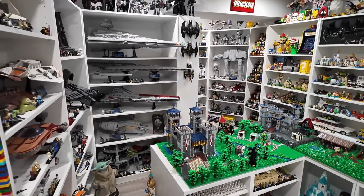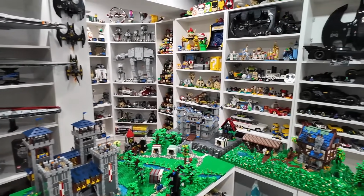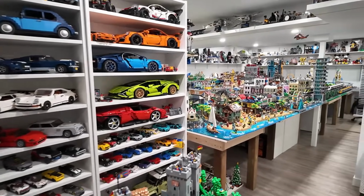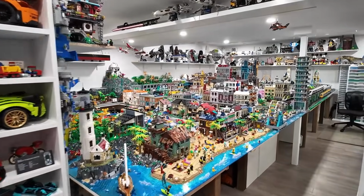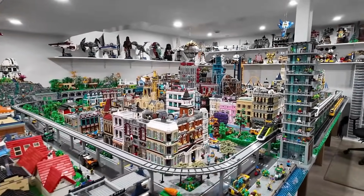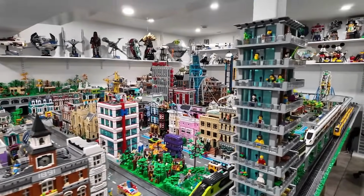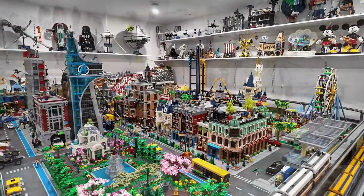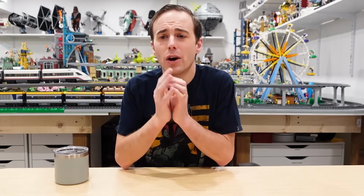there's no question that the majority of my collection, whether it's on the shelves or in the city, is for the most part sets. But with that said, there is a lot of custom stuff that's in the city, such as some custom modular buildings, a ton of custom landscaping, the custom train station, the custom train track, the skyscraper that goes around the pillar, the mountains, all the medieval stuff, the wizarding tower that I built the other day. I definitely want to do more custom, but I have a hard time